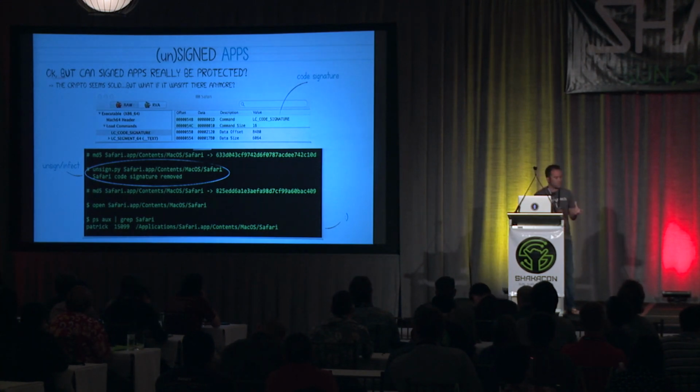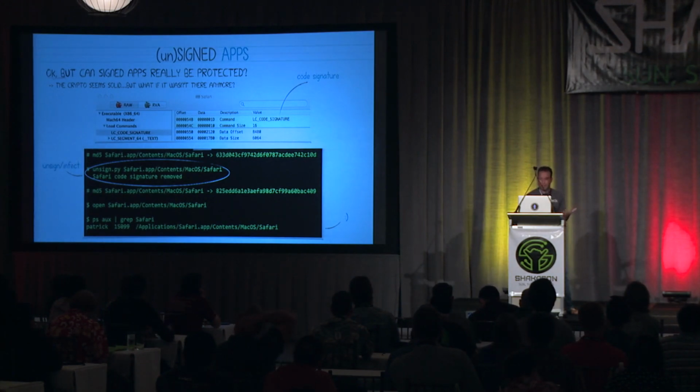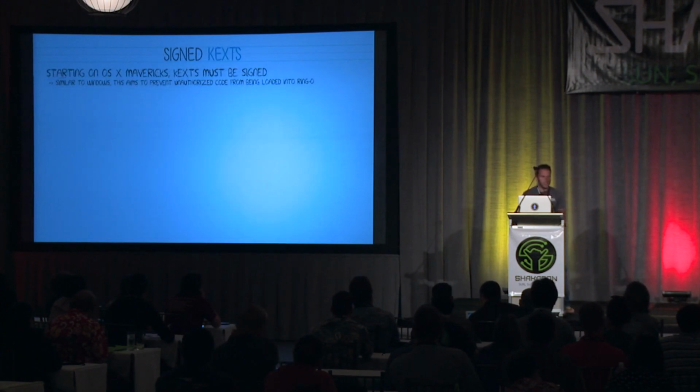So here's a little Python script I wrote. Basically, you see we MD5 Safari. We then run the unsigned script, which unsigns it and injects some malicious code. If we recompute the hash, we show that it's different, so there are modifications. Then if we open Safari again, which has been modified, normally it should be terminated. But since we've now removed that signature, it's allowed to execute, even though it contains malicious code. Kind of surprised Apple let this happen, but sometimes their security is lacking.